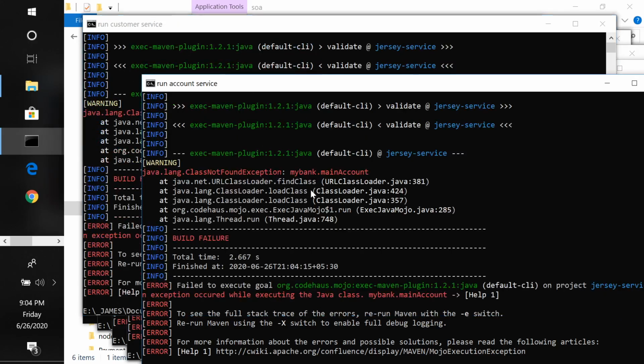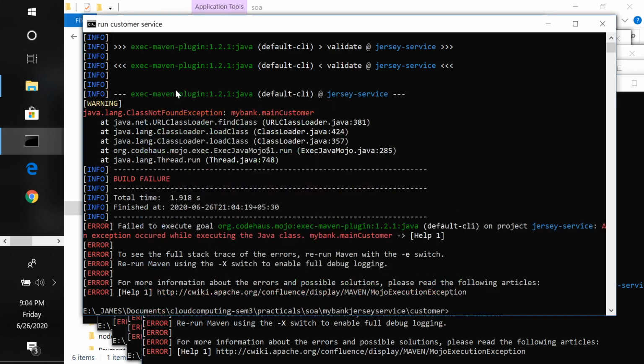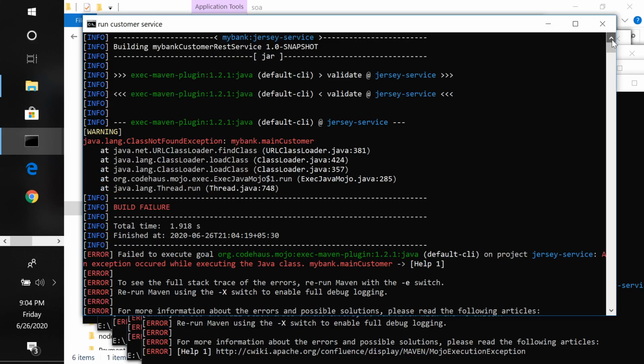What was the error? Class not found. Which class was not found? My bank.main customer not found. It is there in the POM file.